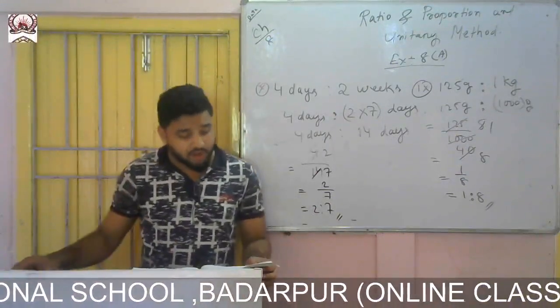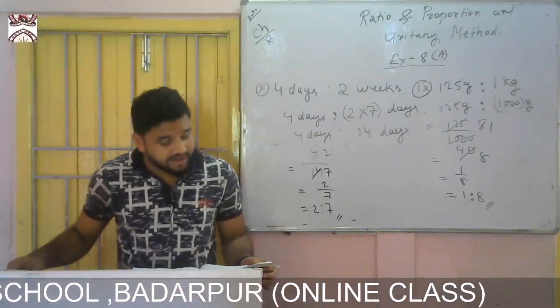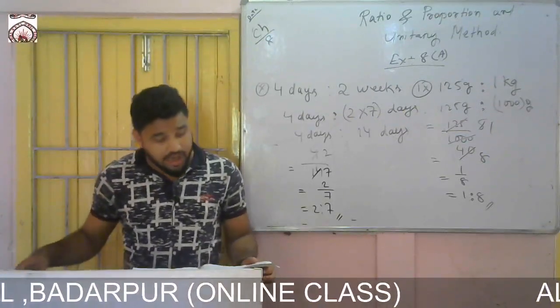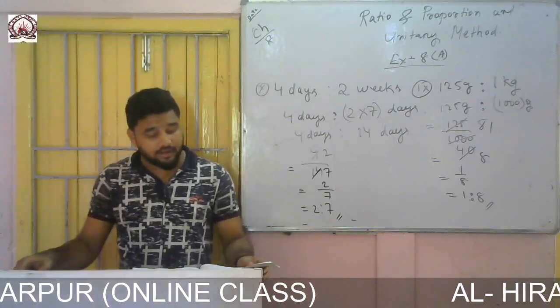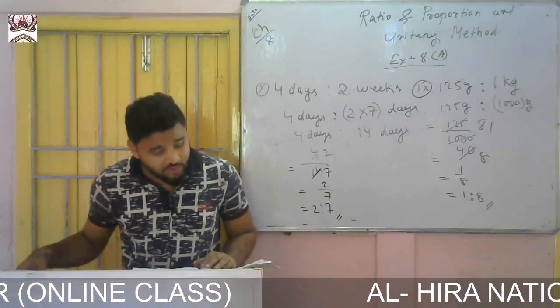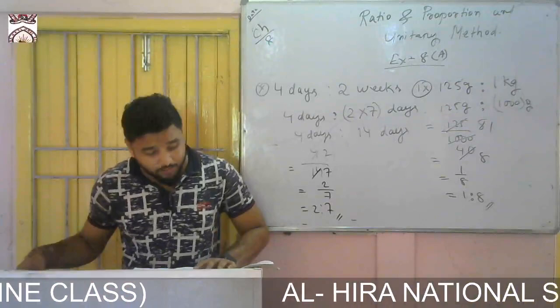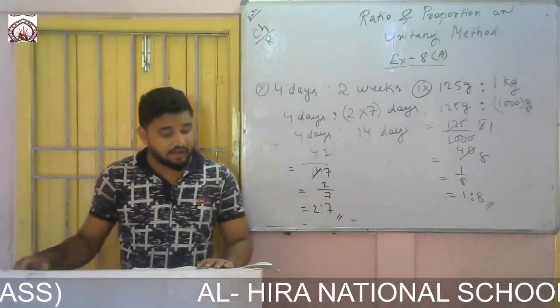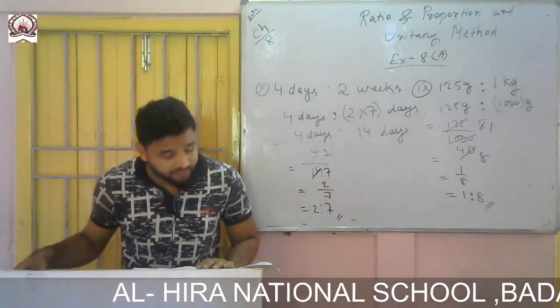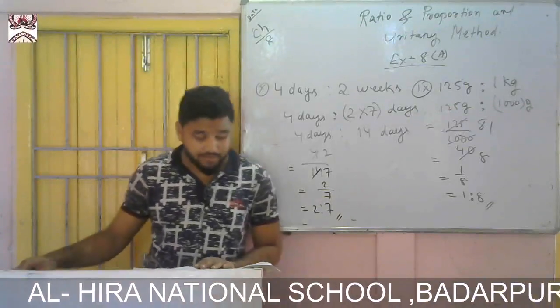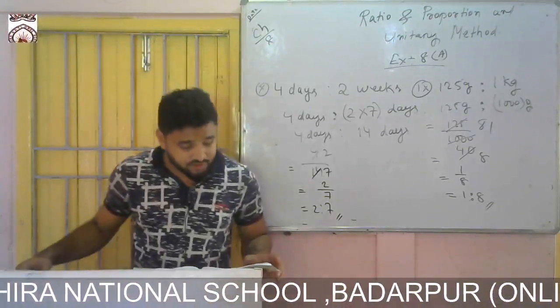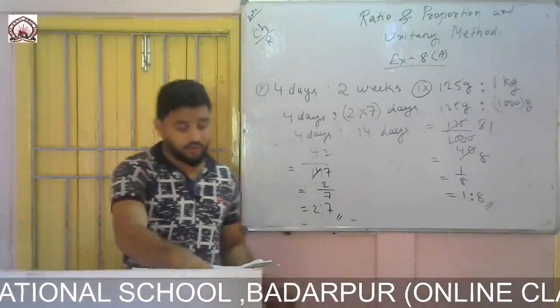There are 2500 students in a school. Out of them, 1100 are girls and the rest are boys. Find the ratio of the number of boys to the number of girls, number of girls to the number of students, number of students to the number of boys. So you check.